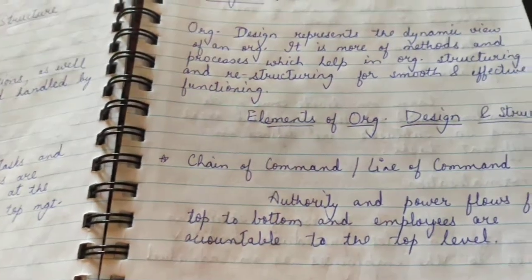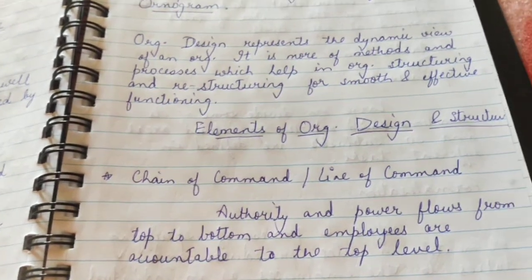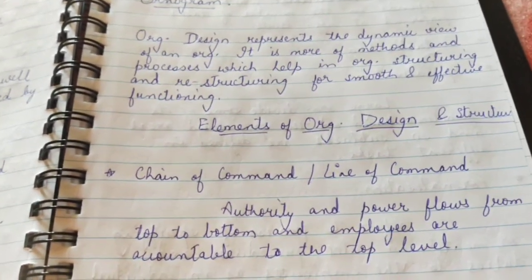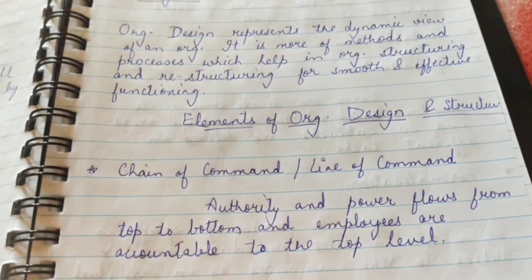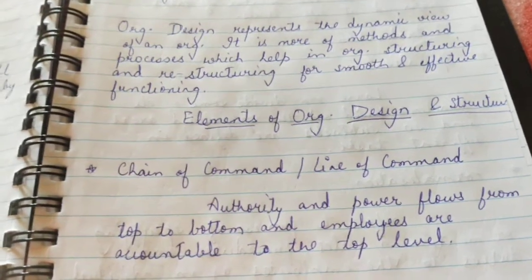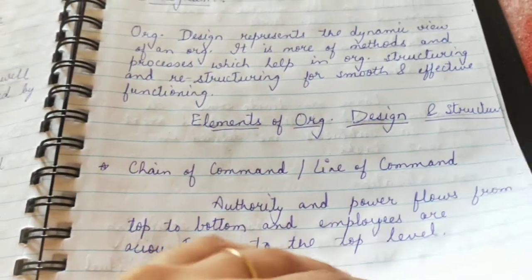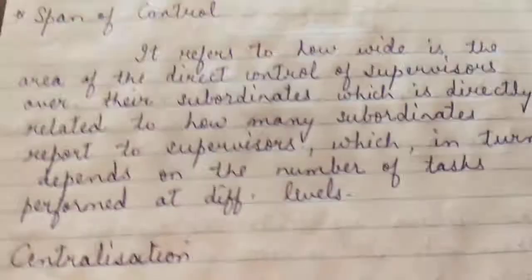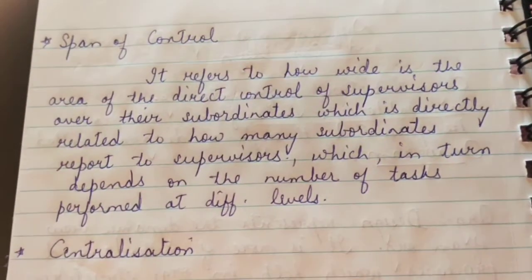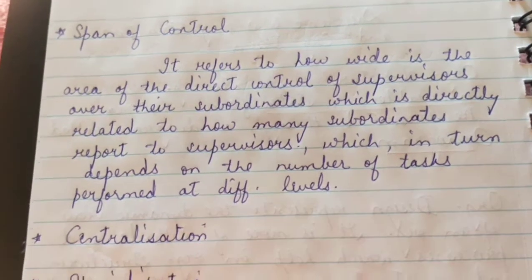Okay, when the command flows in a line, authority and power flows from top to bottom, and employees और जो नीचे subordinates होंगे, they are responsible and accountable to the top level. So that would be chain of command. Then comes span of control. Span of control is, it refers to how wide is the area of the direct control of supervisors over their